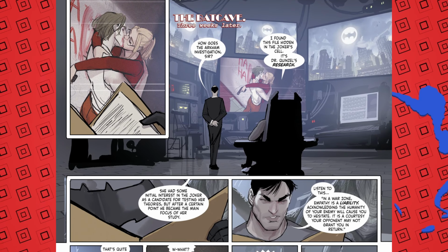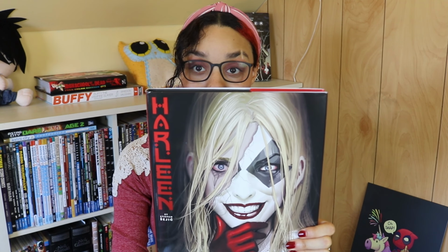It also allowed the readers to decide how they felt about the relationship, providing a variety of viewpoints, but importantly, never the Joker's. It happened largely from Harley's point of view, but in book 3 there were some interesting Batman observations. I liked Harleen so much that it joined my trade collection, which is a feat these days because everything is so expensive. Also, I just wanted to show you that this is the cover and it's glorious, but also